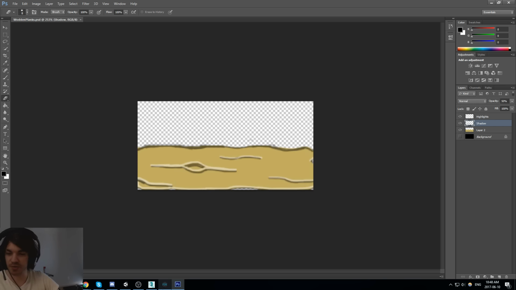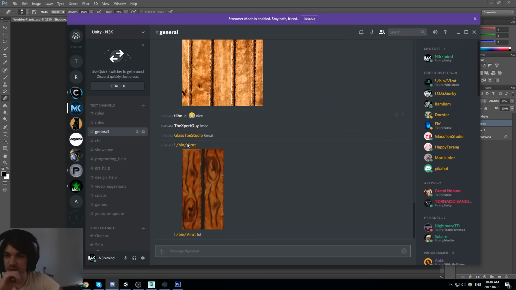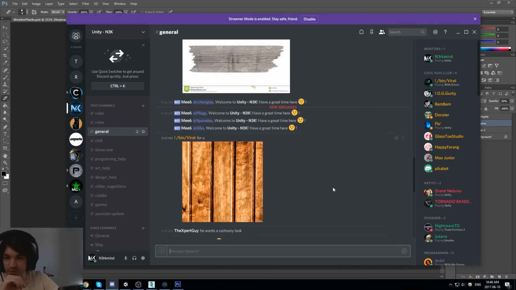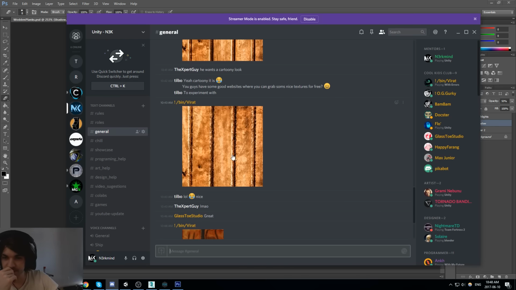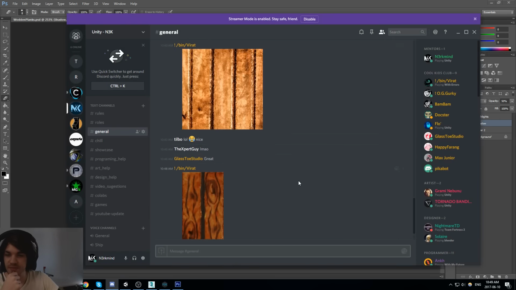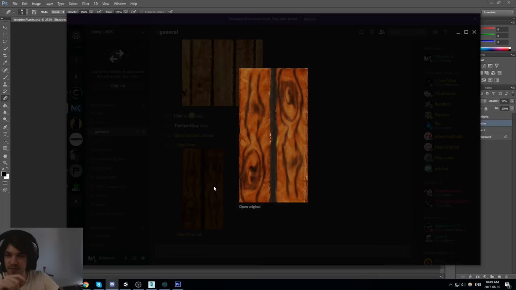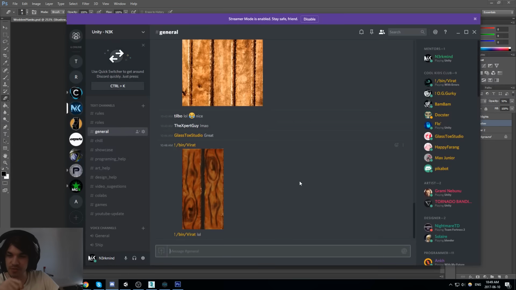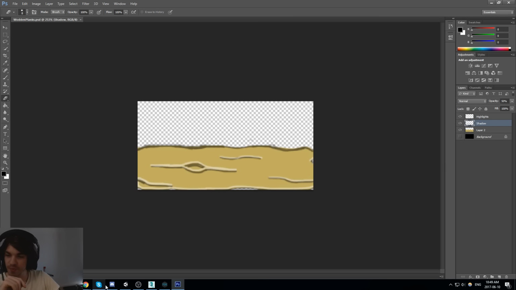Let's check Discord real quick, if you guys said anything else in here. Oh, there's like a bunch of blank texture going on. See, these ones don't look cartoony enough. Actually, these ones look like they have a filter on it. Oh, that's some perfect notches we can use. Cool, cool. Cool deal, guys.